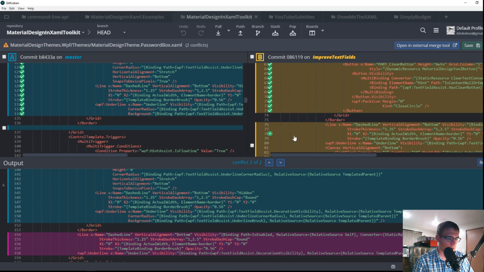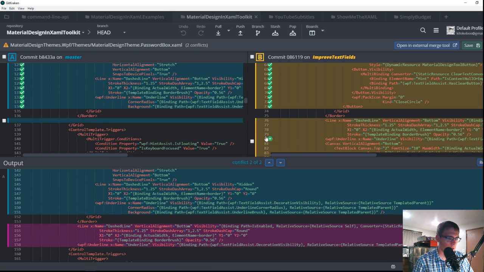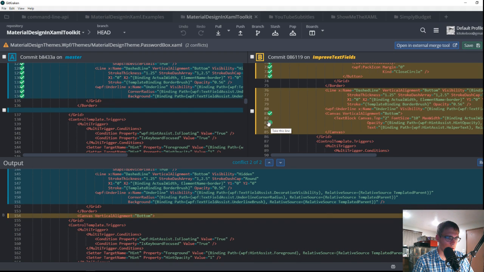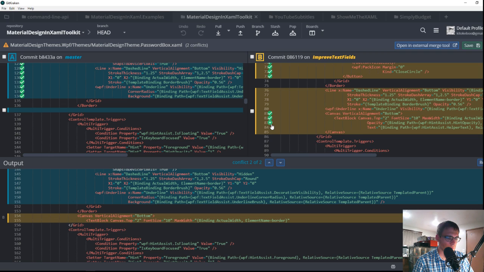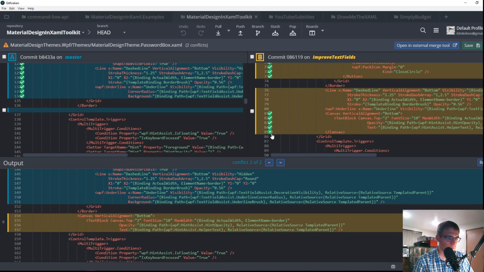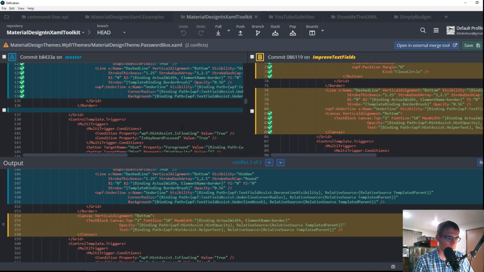There's the line, dashed line, there's the line, underline, and then I think we pick up this canvas to go in right here. Because that canvas comes in and then it closes the parent grid. Believe that's correct. So save,